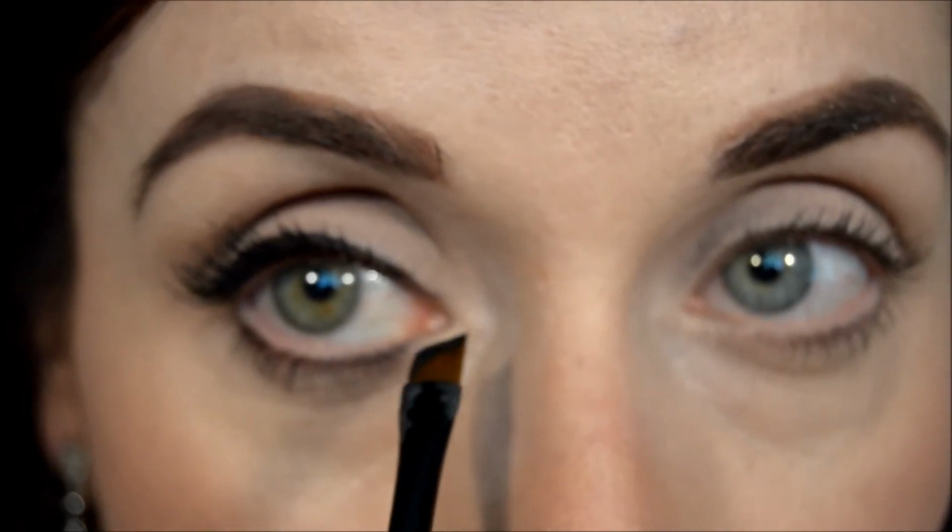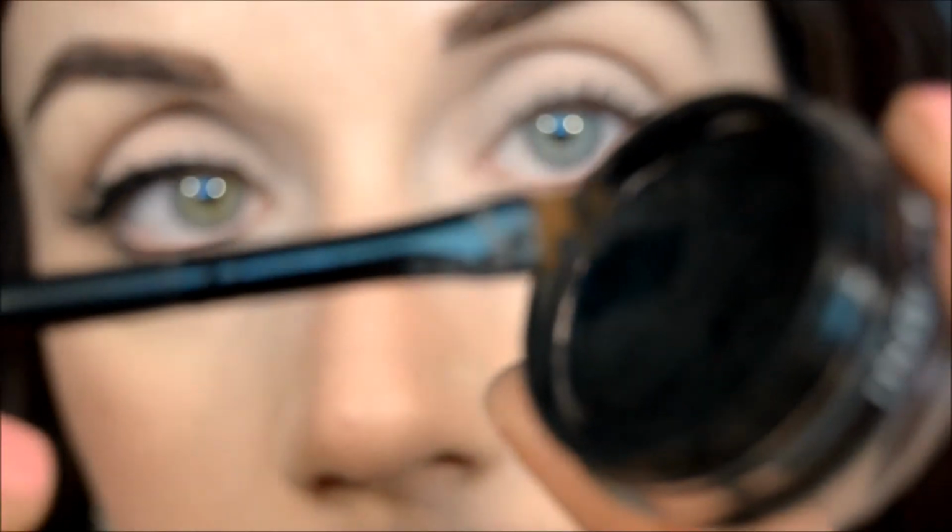Now, Elizabeth Taylor usually went all the way around. I tried to do that. I didn't actually go into my inner corner here. But I'm going to take the smallest amount, and then I'm actually going to wipe it off on the sides of